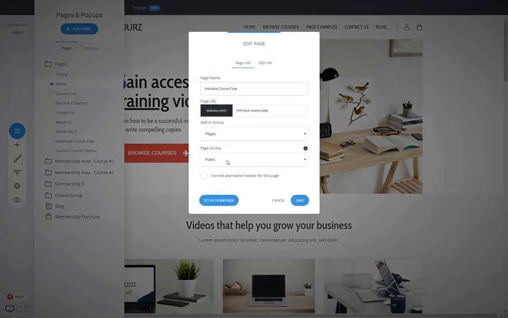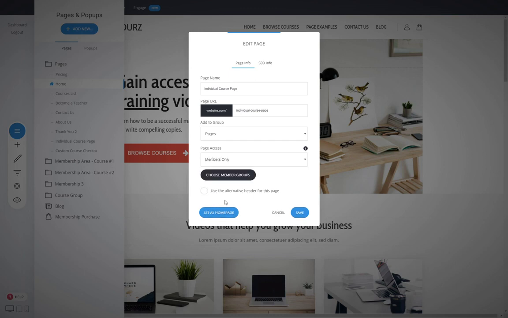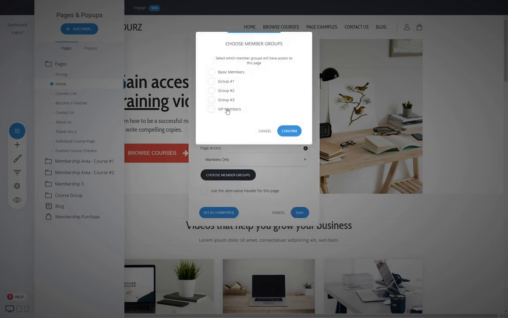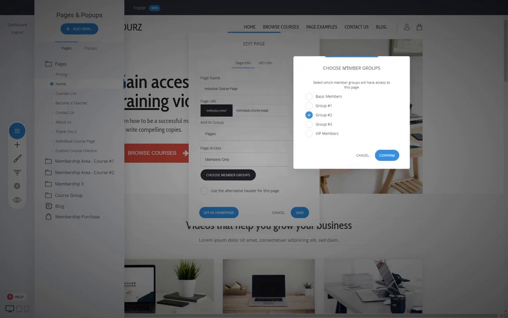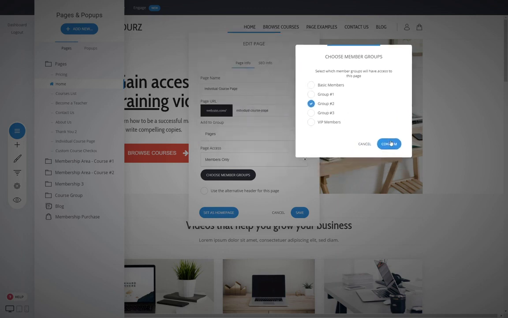So to any page, you just click on the 3 dots and show settings. There you can see that you can select the page access. So this is the very important part. This is where you restrict the access to different members. By clicking on members only, you can select what kind of groups you want to have access to. So in this case, we want to restrict access to group 2, because we want whoever purchases access to